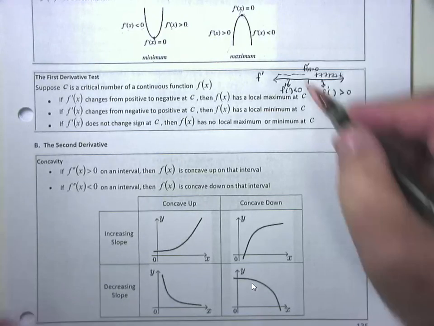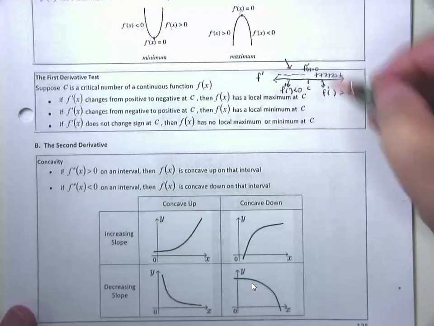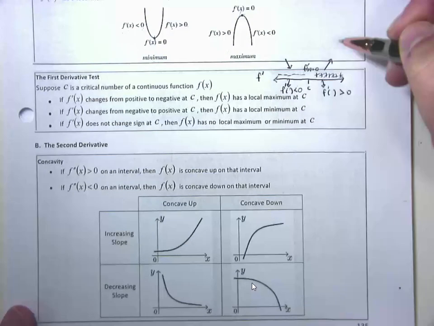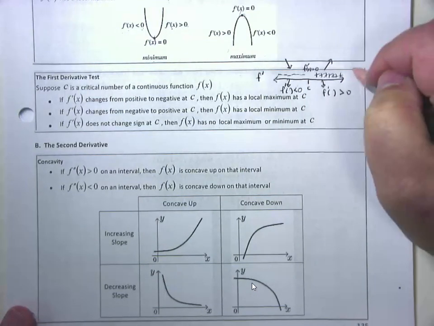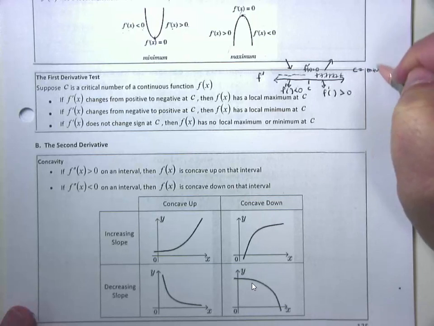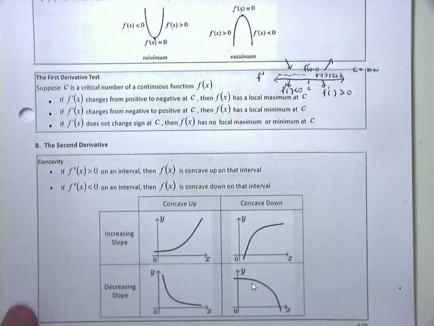Well, if the derivative is negative, it means I go down. If the derivative is positive, it means I go up. If you go down, here's your critical point, and then go up, what kind of point is it? You got it. It makes C a minimum point. Vice versa,